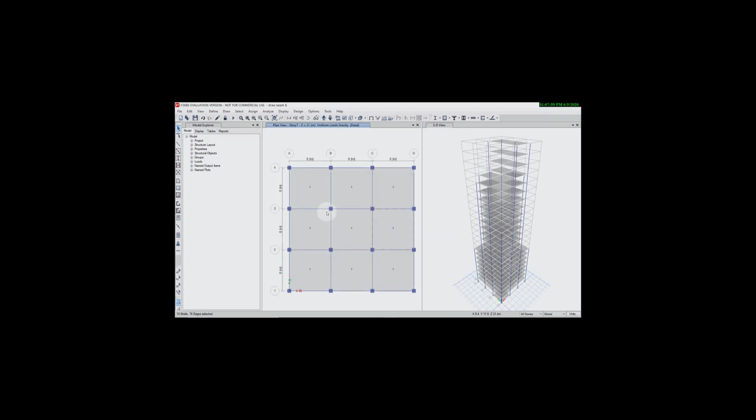apply, OK, close, escape. Now we have applied dead load in this building. Now we have to apply live load. For that, change here all story to similar story, and we can see that plan view is story 7. For story 1 to story 8, live load is 5 kN per meter square. So select all the plan view and then give live load,